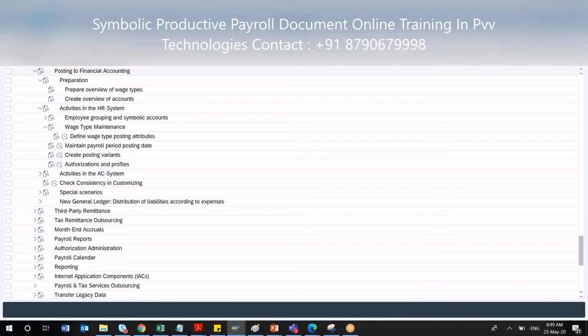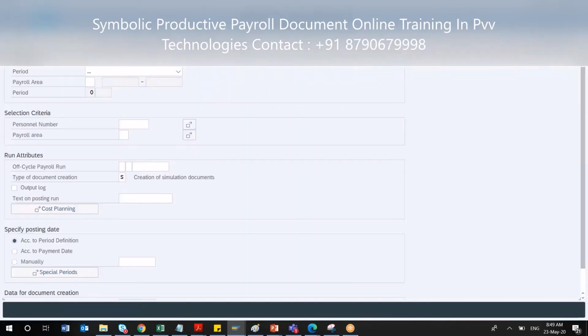So this is regarding that, and I will now show you in the system the program for finance posting. So PC00_M99_CIPE. Which one is this? This is for CIP, it is Finance. What is CIP again? This is for posting to accounting. So once your payroll has been run, the live payroll, you are going for a simulation posting.